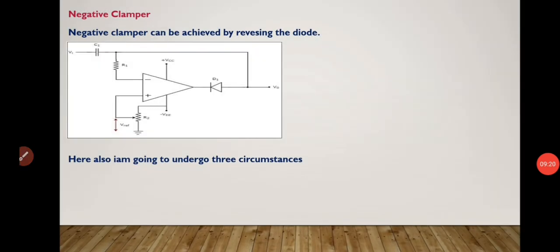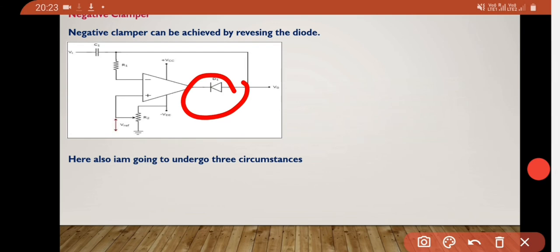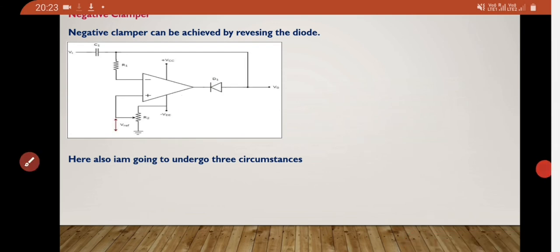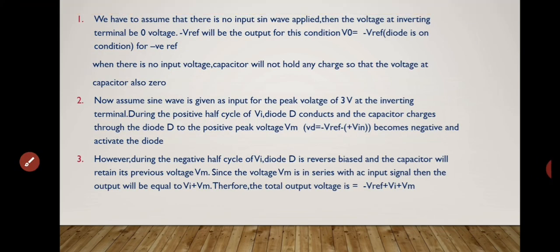The negative clamper is achieved by reversing the diode. You can see that the diode is reversed. Here also I am going to go through three circumstances, the same as we followed in the positive clamper. There is no input sine wave. Then the voltage at the inverting terminal is 0, and minus Vreference will appear at the